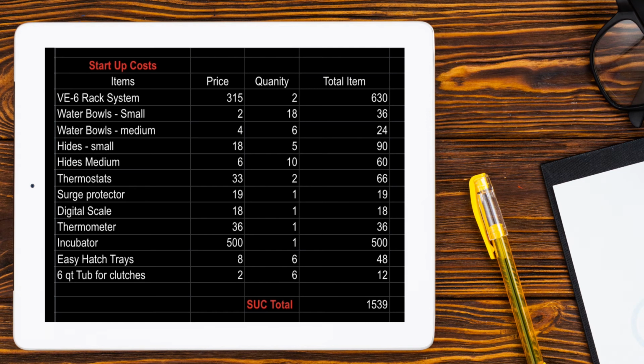You need the proper environment for the animal to thrive. That's why starting with the startup costs is most important. Project Clown was designed to maximize our return on investment. So when looking at these numbers for startup costs, you're going to see quantities that are